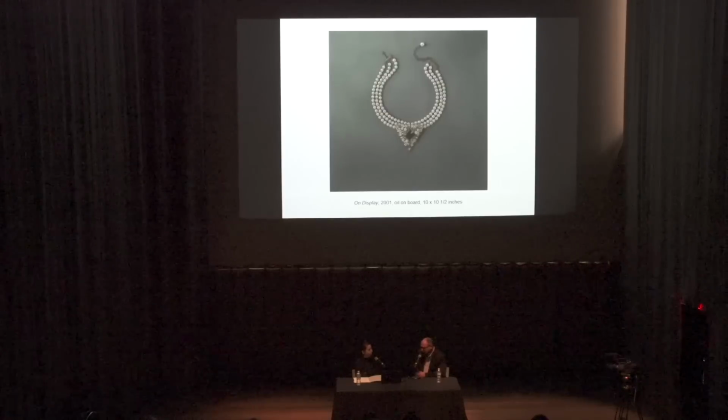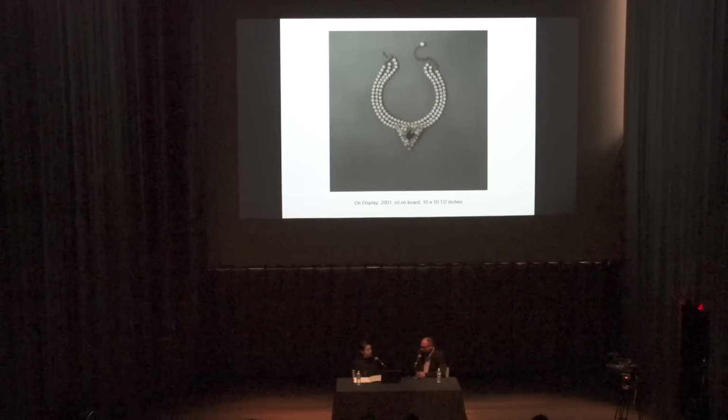So the first of these 4 series that we're showing in this exhibition consists of paintings of jewelry. If you look close, you can see her reflection in every single one of these pearls, and the quality of the rendering of the facets is just unbelievable. The next series, more or less chronologically, her series tend to overlap, but the next one